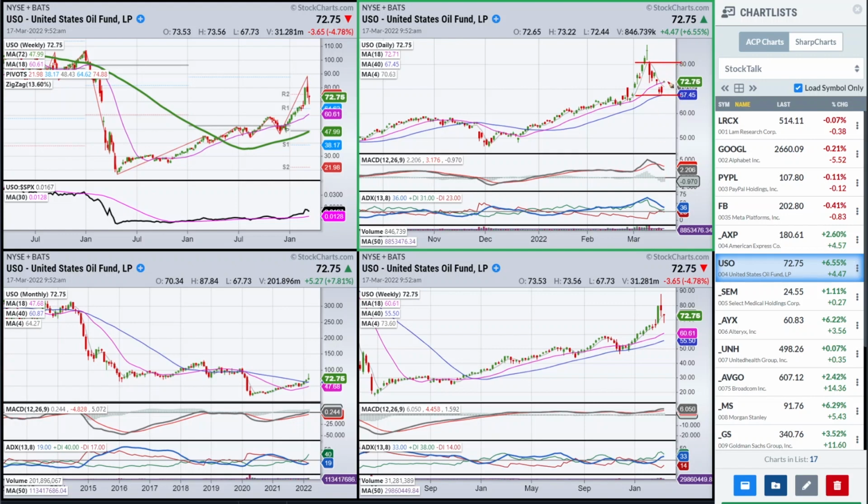Now, does it get all the way to 80? I'm not sure about that, but I think we're going to channel a little bit. And it might get sloppy. It might take a little bit of time. We might need to see this MACD come back down to the 0 line again before this is ready to go. But it's keeping me a little less interested in buying energy stocks right now, just based on this climax move that's taking place here, because we're seeing a lot of that taking place in the individual stocks as well.